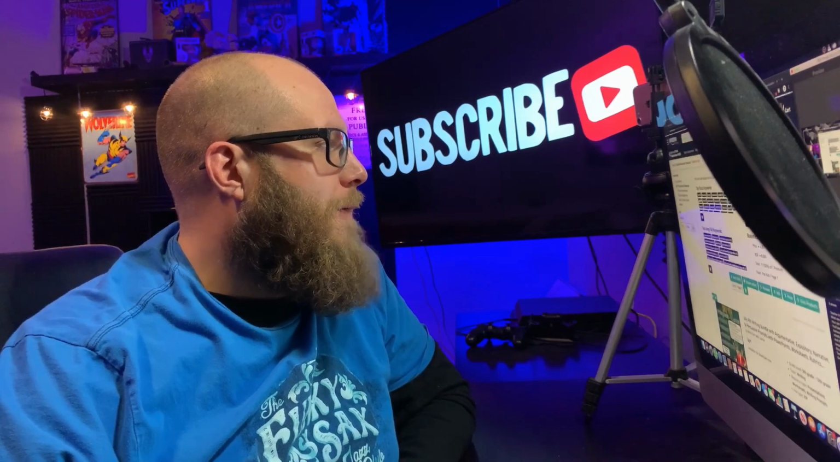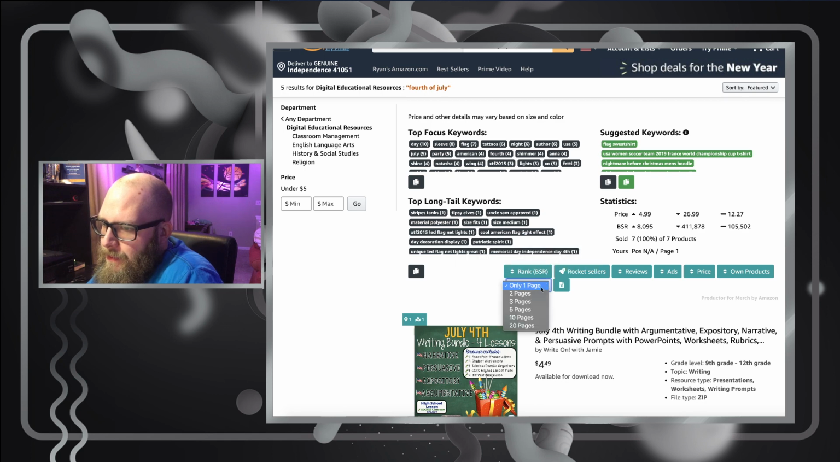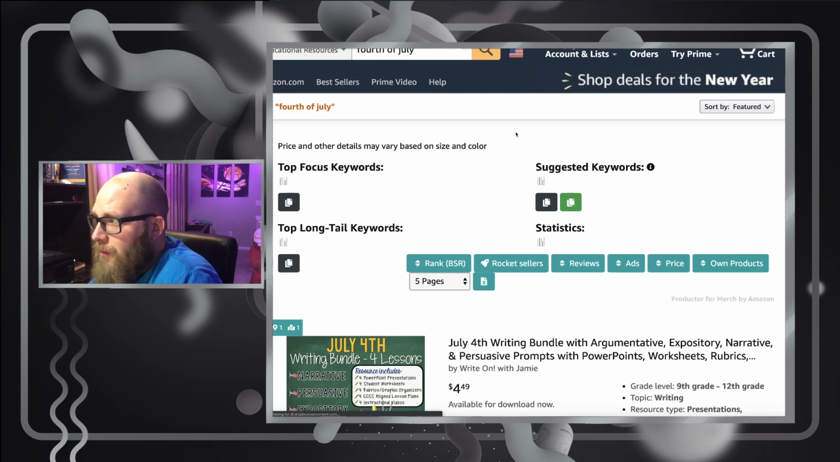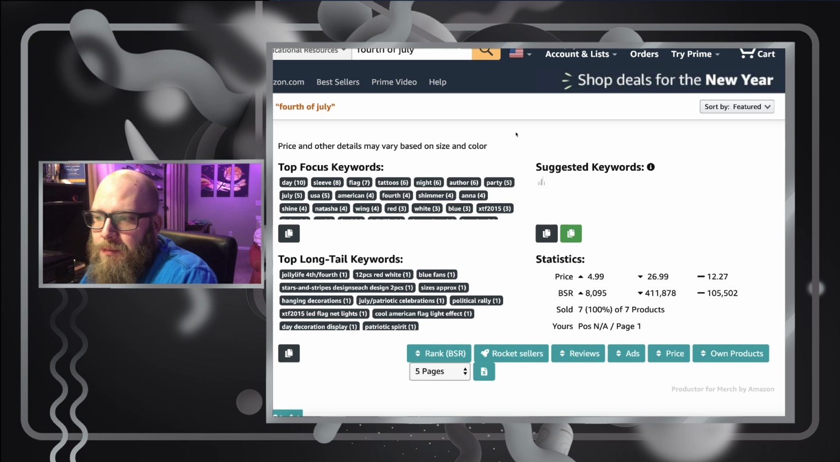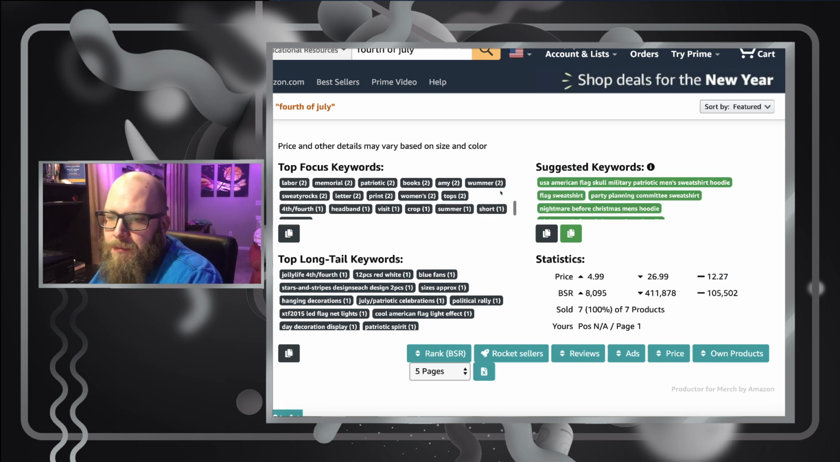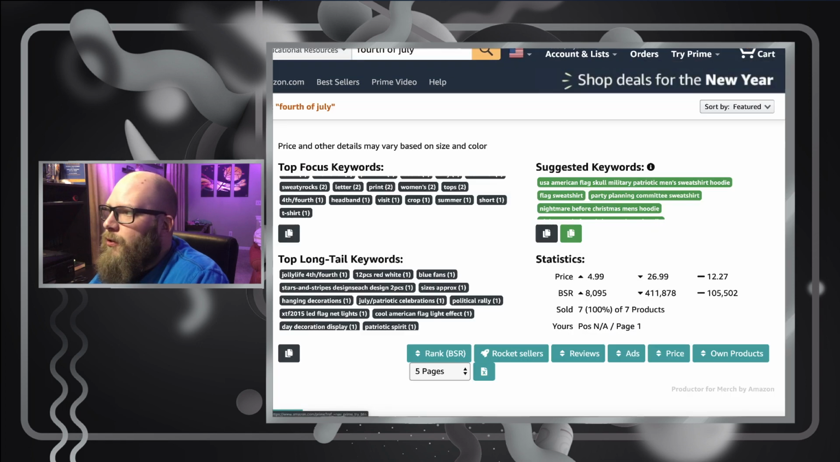Now, you see right here, I have a Chrome extension running called Productor. Productor is a free Chrome extension. You can have it search multiple pages. You can have it look for the information 5 pages deep. Now, that's not really necessary on Ignite yet because it's not necessarily that much, but you can see the keywords that people are using, long tail keywords, and also if you're in Merch by Amazon,